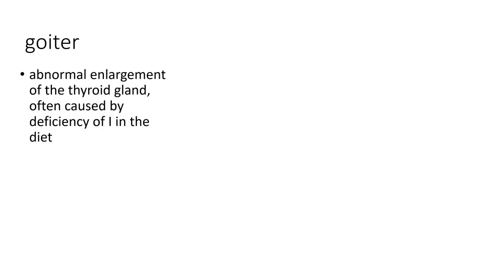One of the things about humans is that humans who live by the sea tend to be a little bit healthier than people who don't, because living by the sea and eating seafood and things like algae gives you a certain amount of iodine in your diet, and iodine becomes very important because it combats a condition we call goiter. Goiter is an abnormal enlargement of the thyroid gland caused by a deficiency of iodine in the diet. If you eat seafood, you don't have goiter. If you don't eat a sufficient amount of iodine, which isn't very much, but it's still got to be there, you will develop goiter.